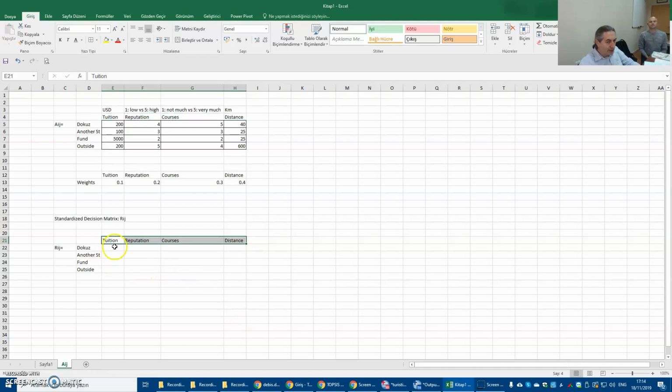So the next step is putting a formula such that equals this value divided by square root of sum of squares of these values. What does it mean? So I mean equals this value divided by, in Turkish the name of the function is top kare, and in English sum square, okay? Please find from fx